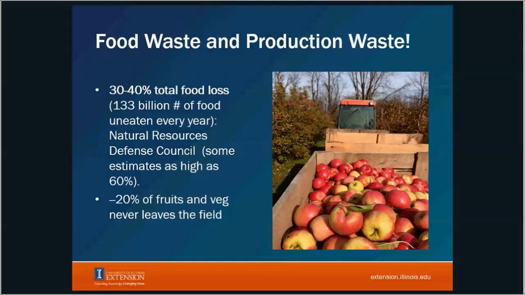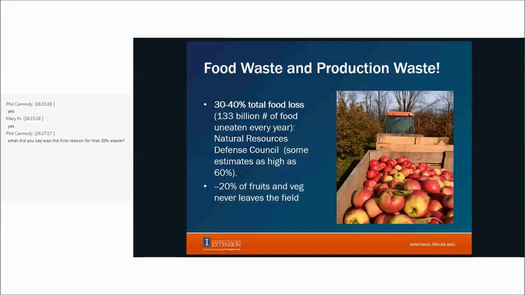So having a plan in place at the beginning of a growing season is really helpful for you to be able to identify those goals so you reduce that waste. And then also, in terms of food waste in general,